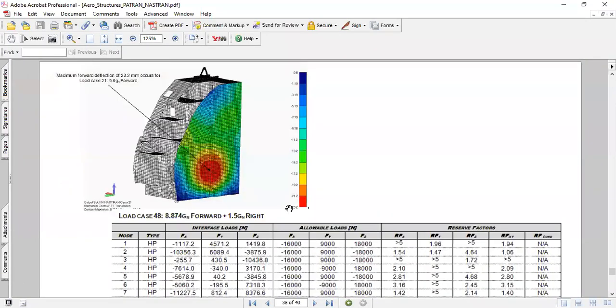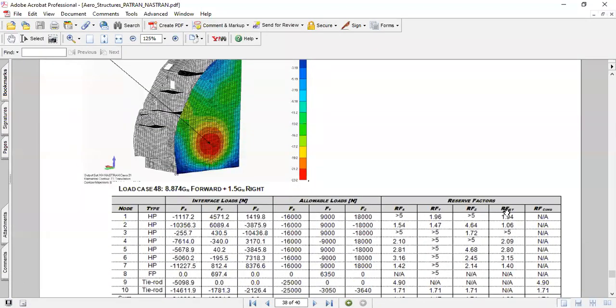There are three components of forces that have been extracted, and I have also computed the reserve factors against the attachment allowables. If your force is exceeding the allowable, that means you are breaking the aircraft structure.